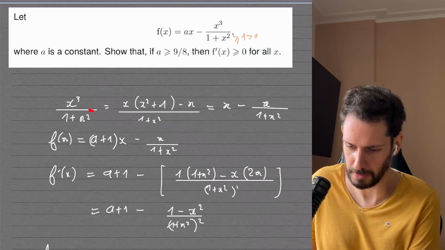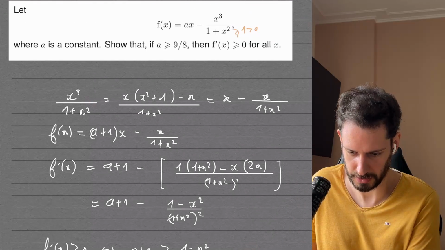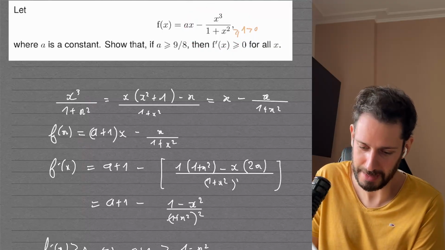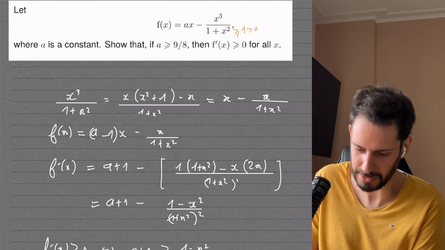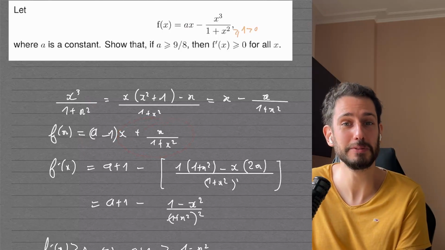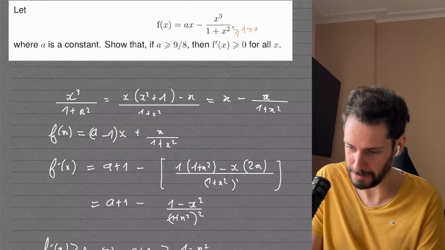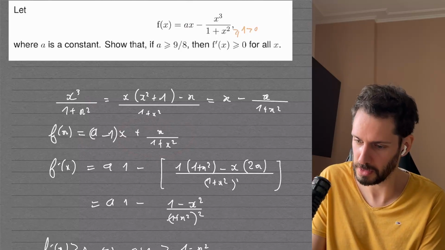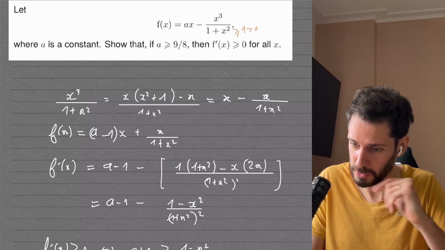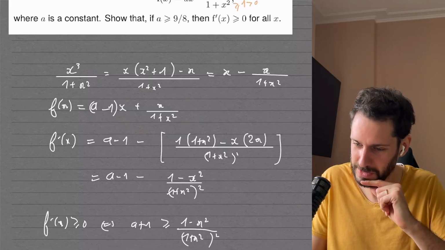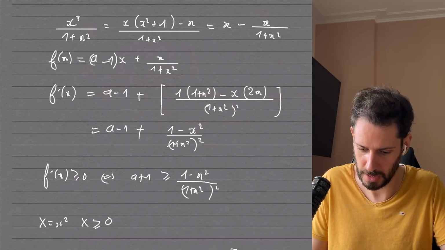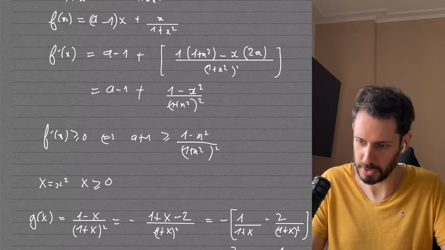So x cubed, okay. There was a minus here that I might have forgotten. Yes, that's the minus. I did a mistake here. I did like plus here. So it was a minus 1x. Okay, let's start again. Minus 1x plus x over 1 plus x squared. Oh, that must have been frustrating for the people that did see my mistake here, but it's fine. Let's just correct it. You know what? You're doing this at the exam. The important thing is to have this like thing in your brain where you know how to handle the situation. So let's do this. Fortunately, this was clean enough. So I just have to do plus here, and I think I'm good, basically, because I just have a minus 1